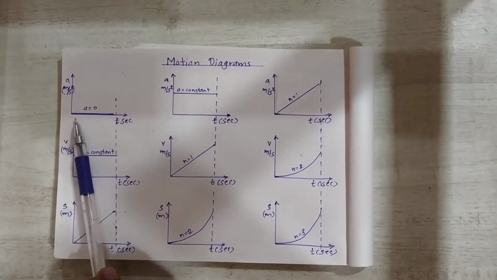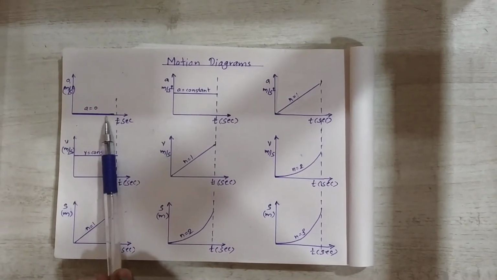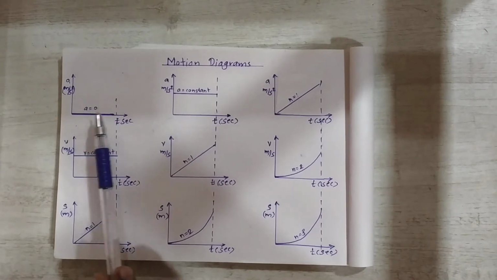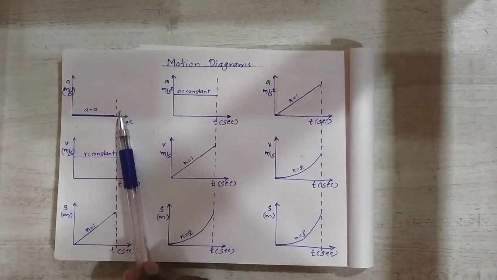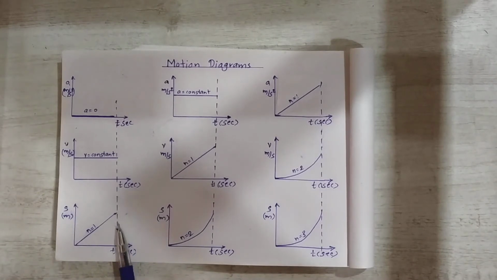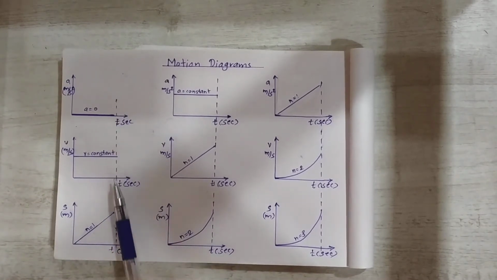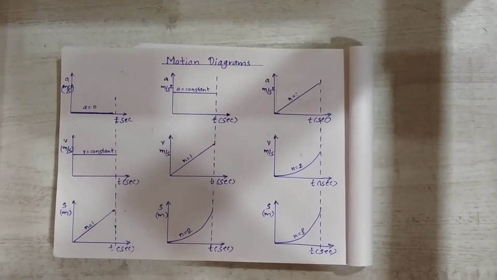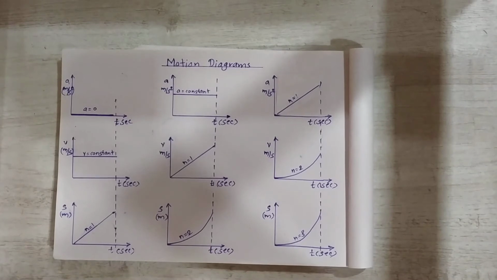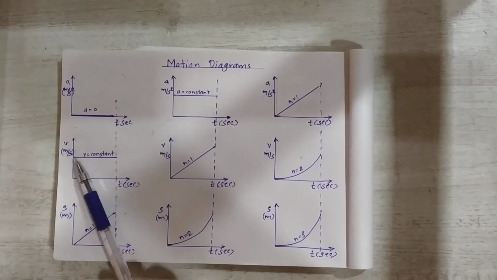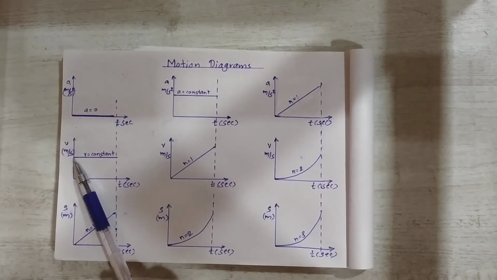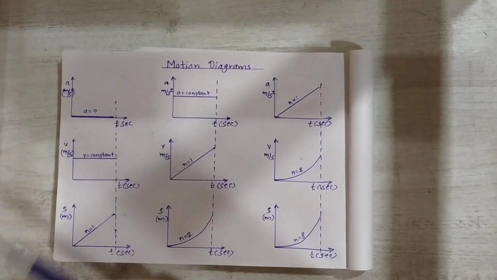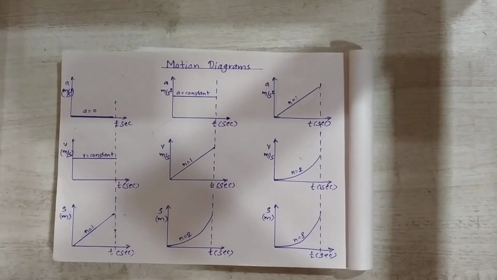Here the acceleration is 0. This is the dark line shown, A is equal to 0. This time interval is actually the same for all; the dotted line represents the time interval. We know when the acceleration is 0, velocity has a certain constant value. Initially when the time is 0, our velocity is the same, and at the end also the velocity is the same. So before and after, velocity is the same, that is, the velocity is constant.